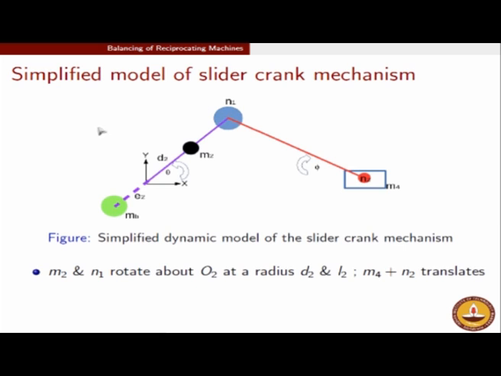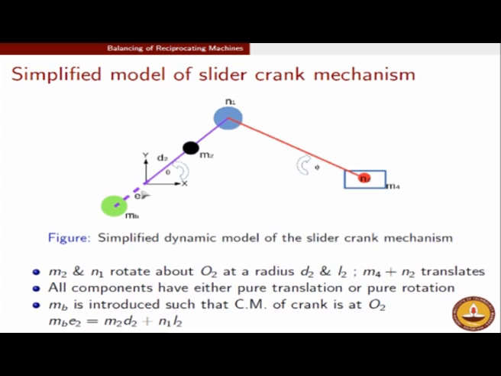So the mass N1 is rotating and mass N2 is reciprocating. Now it is very easy to balance the masses M2 and N1. Now you will note that with rotary balancing we have already accomplished this: if there are two unbalances along the same line, one at D2 and one at R, then you can mitigate this unbalance by simply keeping a counter mass MB in the other direction, such that MB times E2 should be equal to M2 times D2 plus